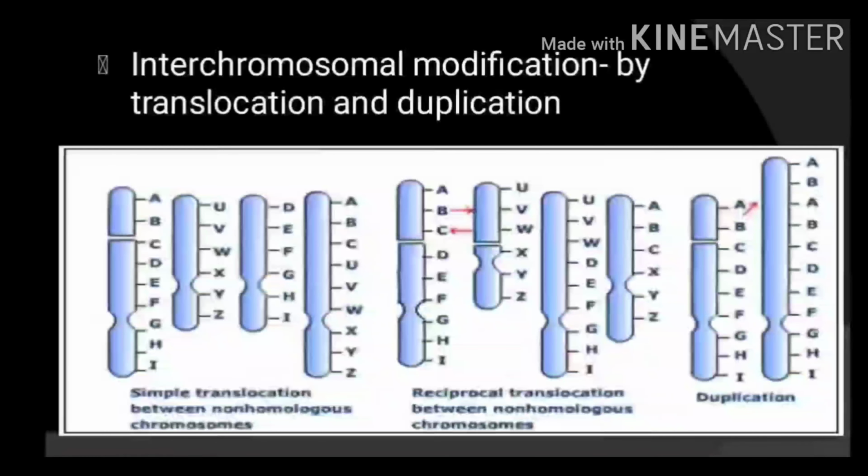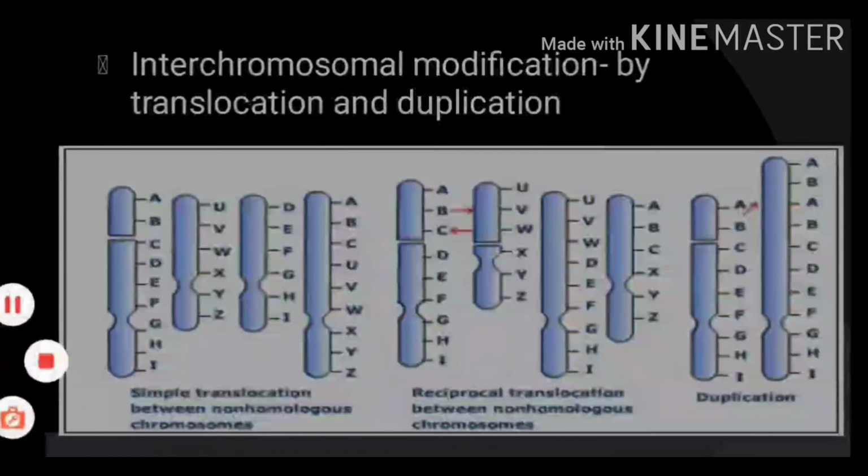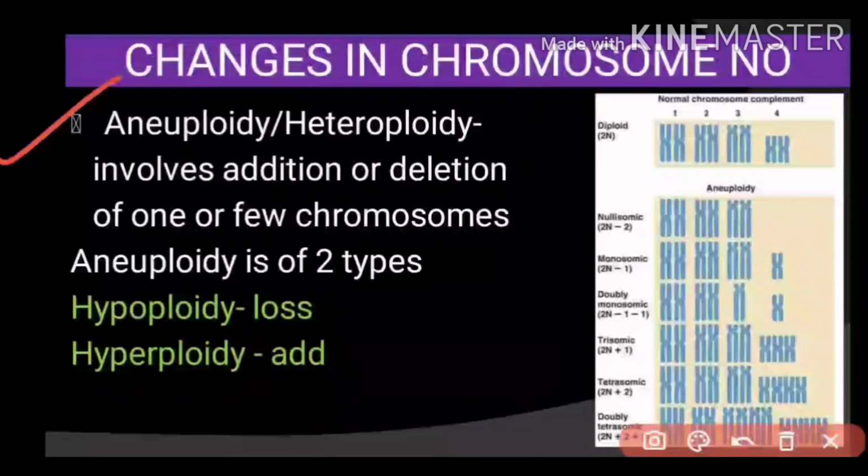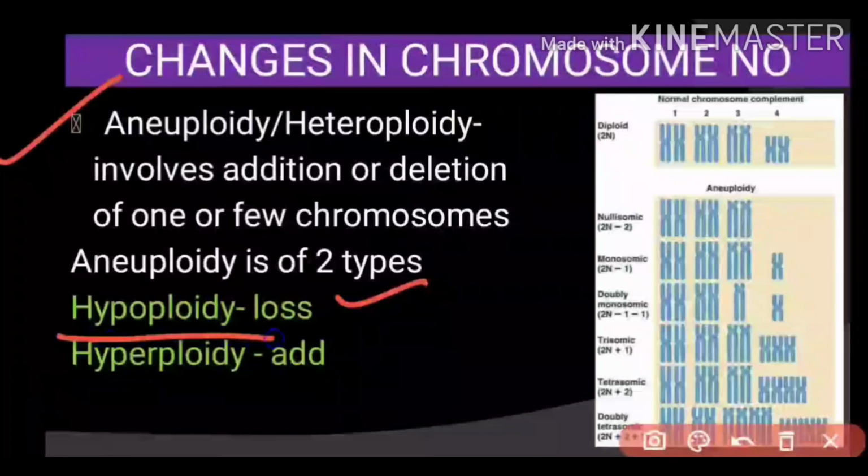Now about changes in the number of chromosomes. Changes in the number of chromosomes take place in two ways: aneuploidy and polyploidy. So first we will discuss aneuploidy. Aneuploidy is of two types. One which involves a loss of chromosome is considered as hypoploidy, and the one in which there is addition of chromosome is